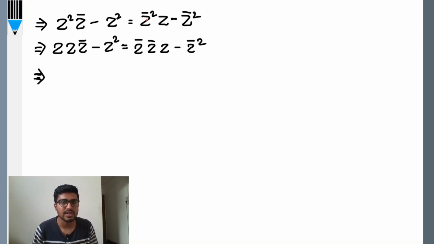Now we know z square can be written as z into z, this is simple, and similarly z bar square is z bar into z bar. But here we use another property, which is z bar z,